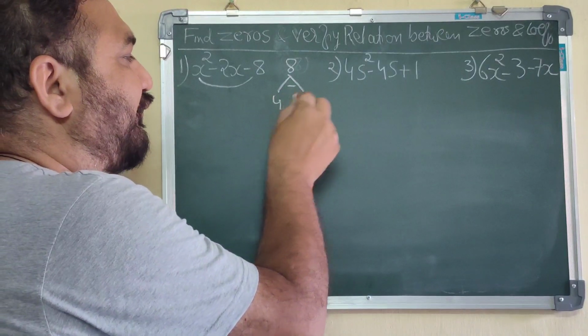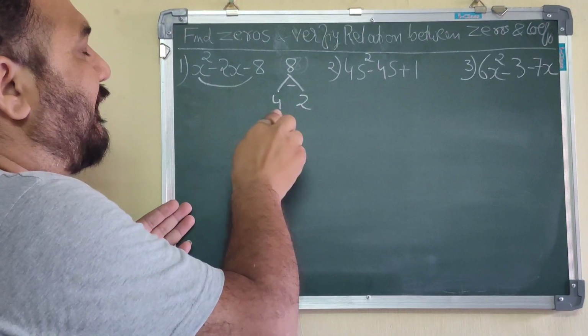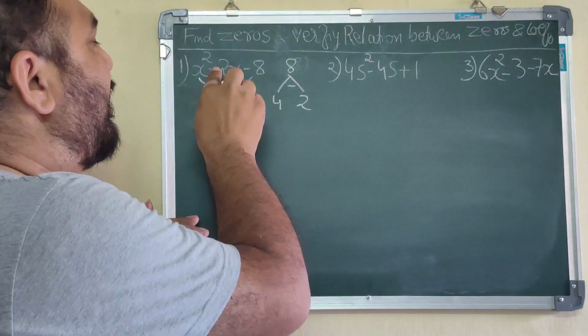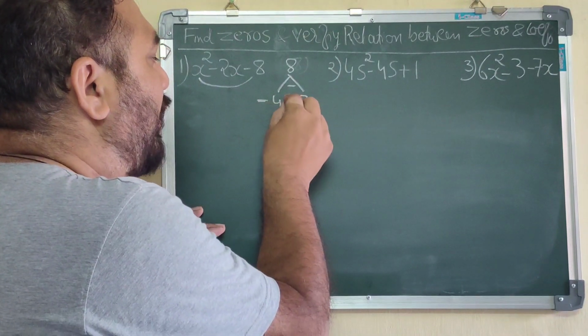So now it is 4 2s 8, 4 2s 8, but I am supposed to get your answer 2. तो मेरा आंसर 2 कैसे आएगा? मिडिल टर्म के पास जो भी साइन है वो ग्रेटर नंबर को दीजिए और अपोजिट साइन